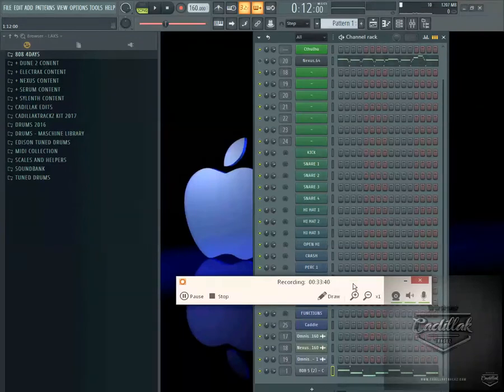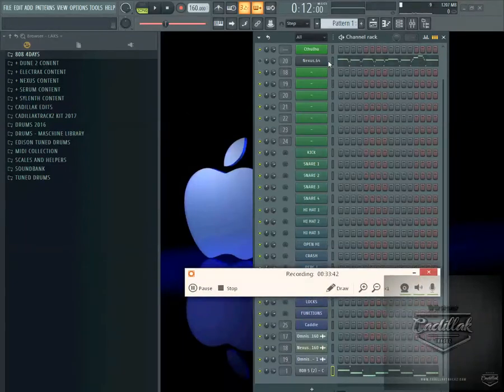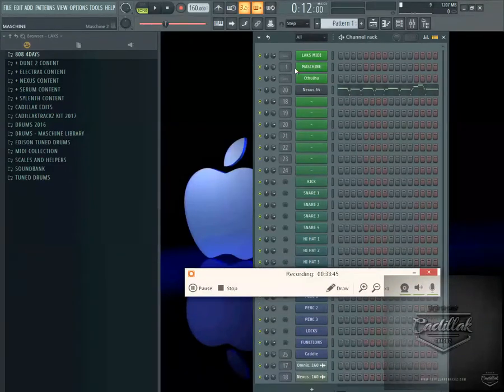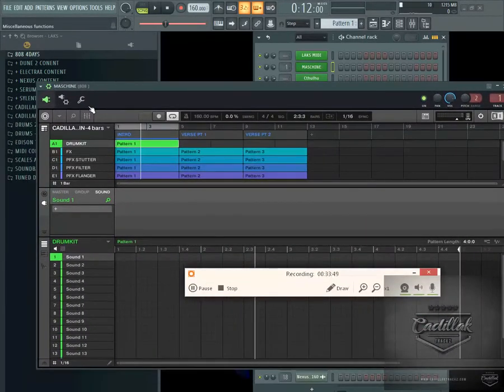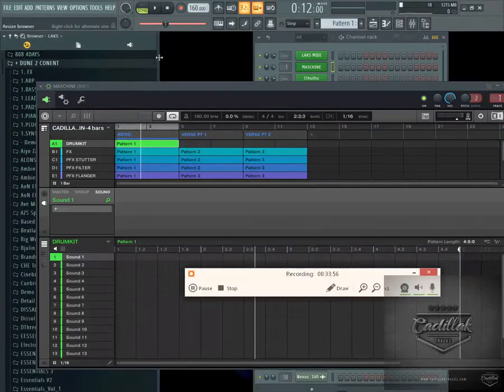So I guess I'll just keep the video recording while I make a drum kit. It used to take me a minute, but it doesn't really take me long now because I kind of know the way I organized it. I used to drag drums over here from the playlist in Fruity Loops, but I have a hell of a lot of kits, and I